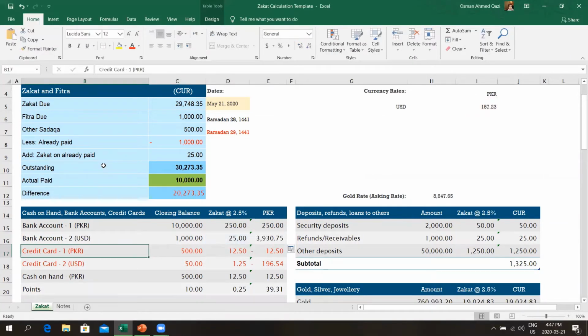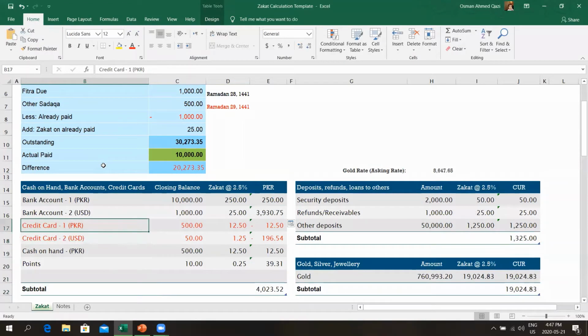And then an important thing is that you can minus your credit cards. So any balances that you have on the credit cards can be removed from these bank accounts. Now the thing to remember about credit cards is if these credit cards are being used for short-term loan purposes. If they're being used for long-term loans, like you've got balances sitting on these credit cards for 2-3 years, then you cannot deduct them from the bank account. Because according to the ulama, and this is again becoming more like a detailed fiqh issue, according to the ulama,